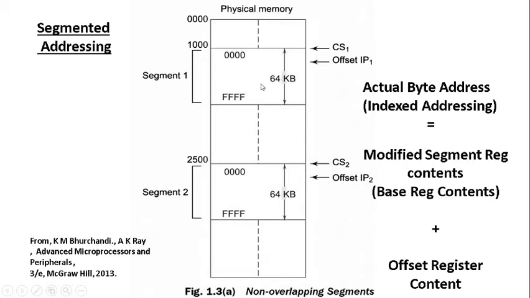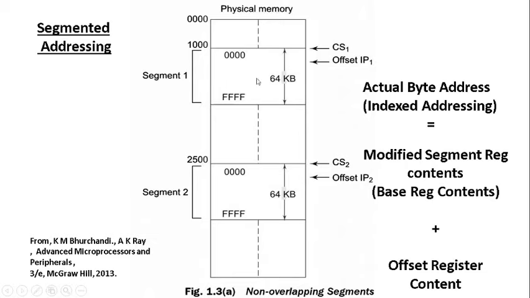within each segment. If you see this segment 1, this is a code segment. As I told you, the registers used for code segment addressing are the code segment register and the instruction pointer register. The code segment register will act as the base register, and the instruction pointer register will act as the offset register. As we are following indexed addressing, normally in order to access any particular byte within this segment 1, we should add the content of CS with the content of IP.